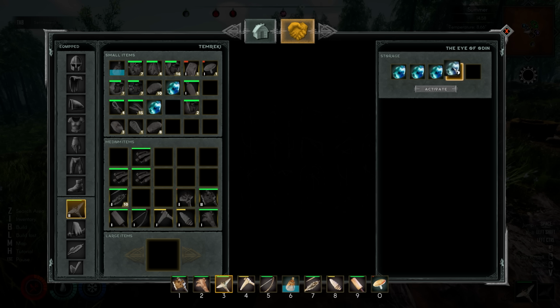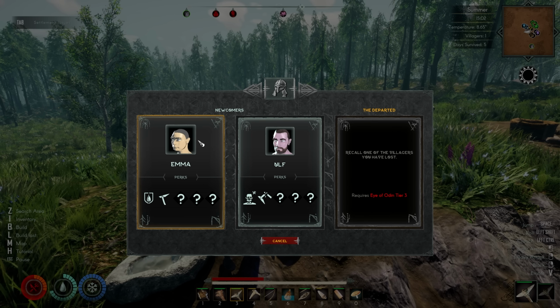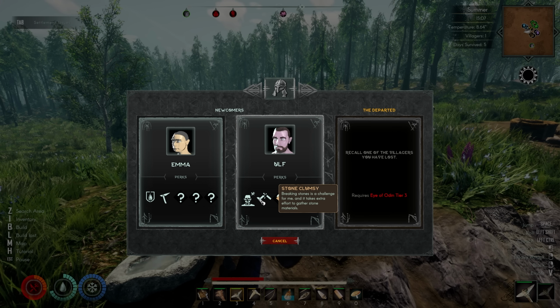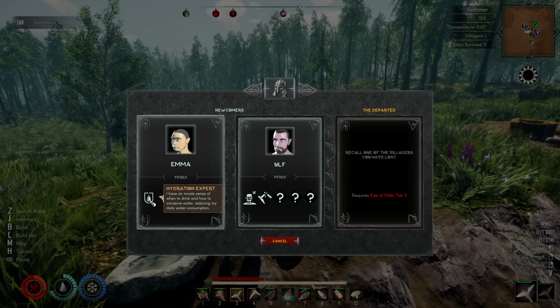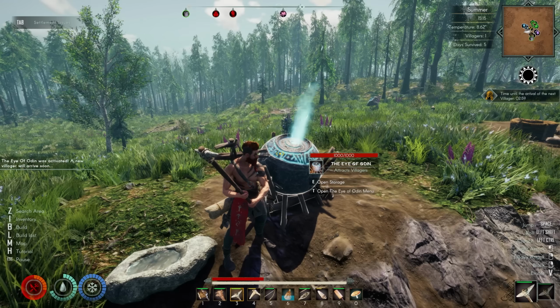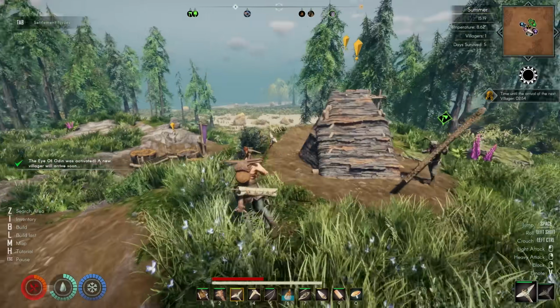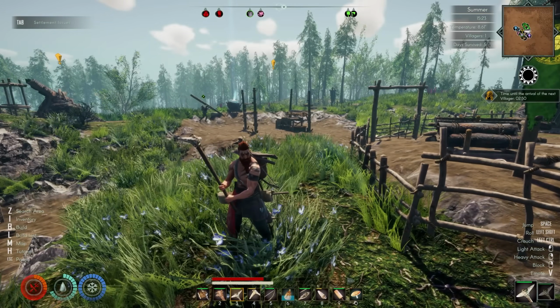Here is the remainder of the Jotun blood. Activate. And we choose who's next. Emma or Ulf? Ulf is a wildling who is stone clumsy. I kind of need someone who is good at stone. Yeah, okay. Hydration expert, stone breaker sounds good to me. Confirm. Emma shall arrive in 3 minutes, and I'm just gonna go stock up on more Jotun blood and try